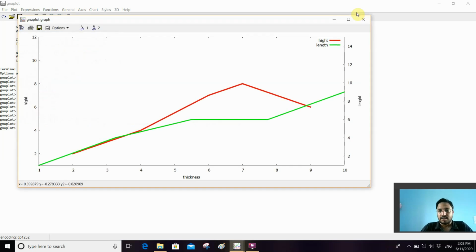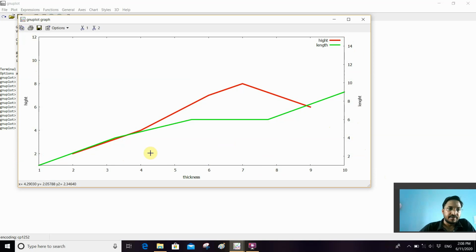So now the graph is visible on the screen. We can see that the y1 axis has a range of 1 to 12, and the y2 axis range is 2 to 15, and the range of the x-axis is 1 to 10.